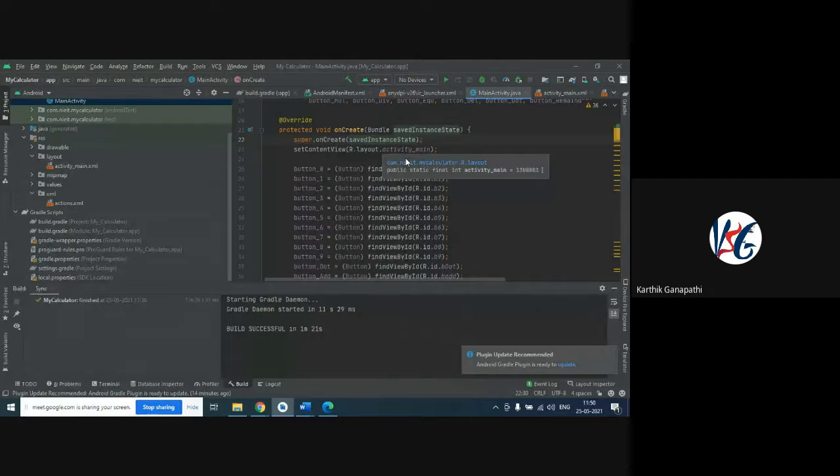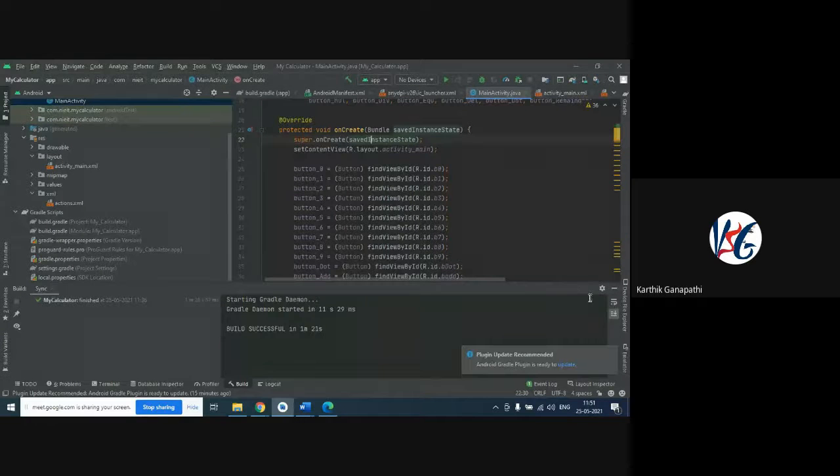So when we run this application, it is going to open the XML file as the view for the user. Now, what are the components we have inside this? We just assigned the layout, but we have not assigned the components. For assigning the components, we are going to assign the values. As you can see, button 0, these are the components. For example, as I told you, int a, but the value for a is rendered here. That rendering part we are doing in this section.